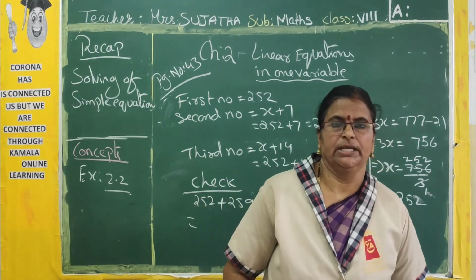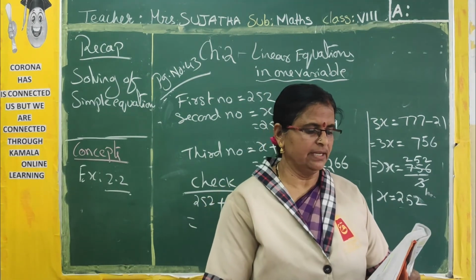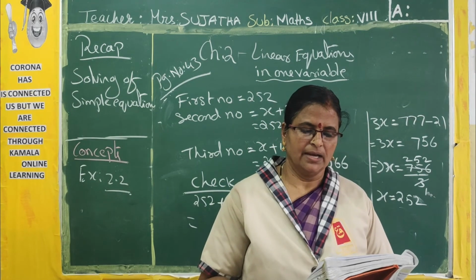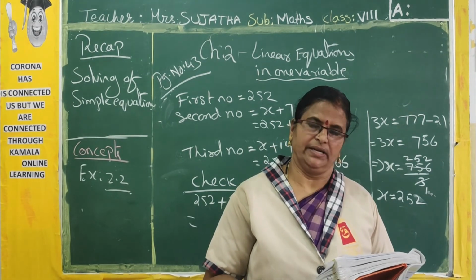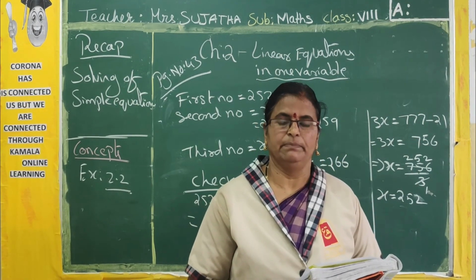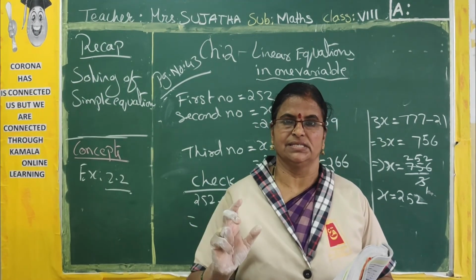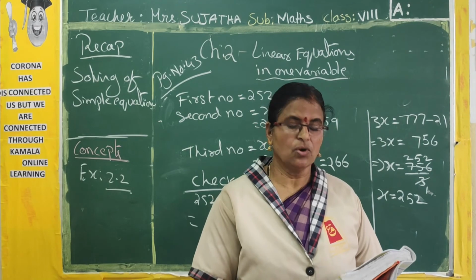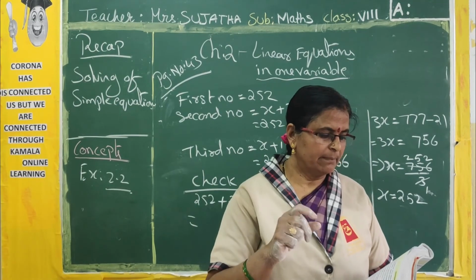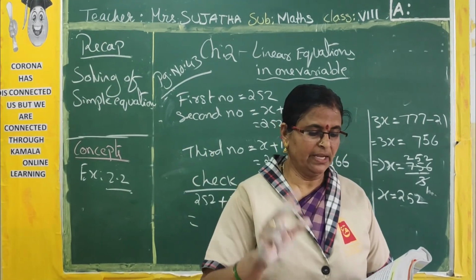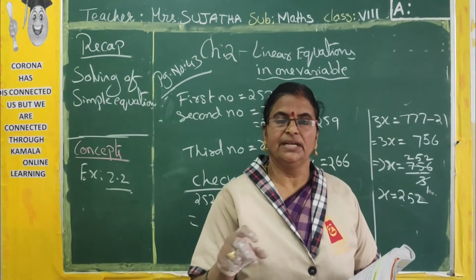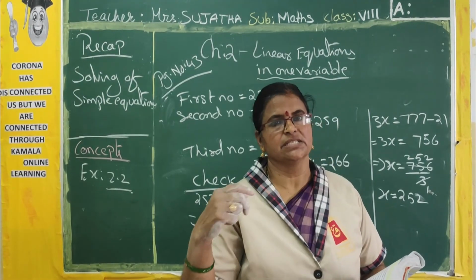Now, 6th and 7th I will give as homework. I will explain and give. See, 6th one is, a man walks 10 kilometers, then travels a certain distance by train and then by bus as far as twice by train. So, if the whole journey is 70 kilometers, how far did he travel by train? See, total 70 kilometers is there. The man should cover 70 kilometers. So, he used 2 transports and 1 walk. So, the man walked 10 kilometers. Okay. Remaining how much will be there? 70 minus 10, 60 kilometers.